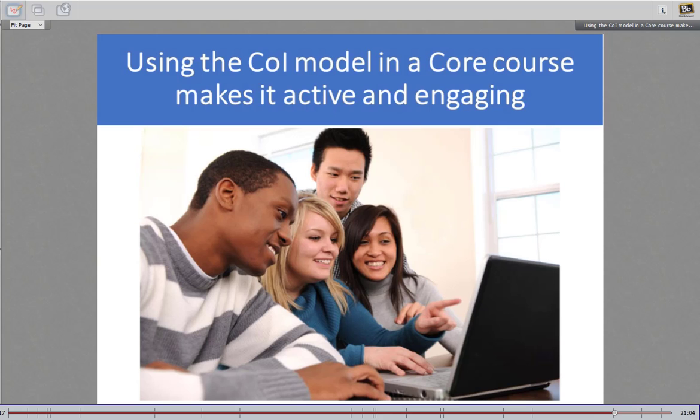So what I want to do in the resolution phase is just say that using the community of inquiry model in the core course makes it active and engaging. You can, and this is where blended learning or online learning can particularly make these core curriculum classes better, because a lot of this stuff that happens in the classroom with these large lecture halls can be broken down into smaller pieces.